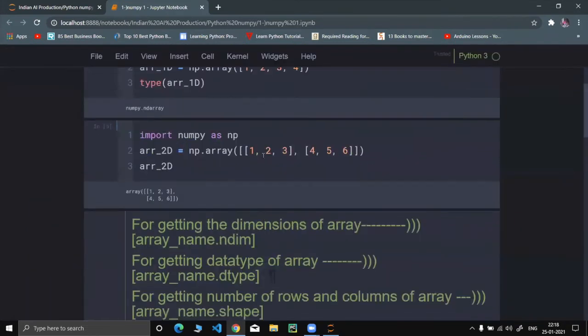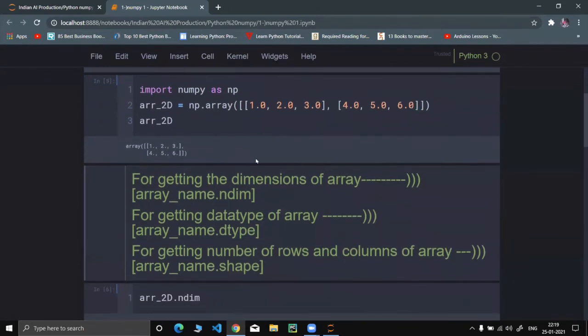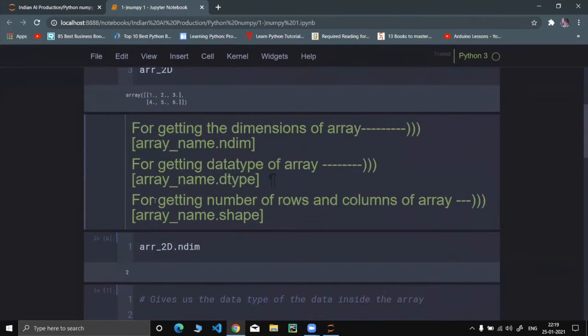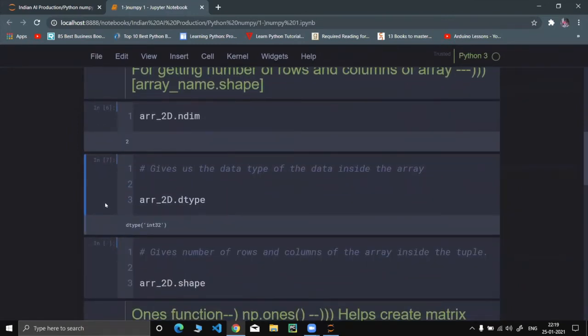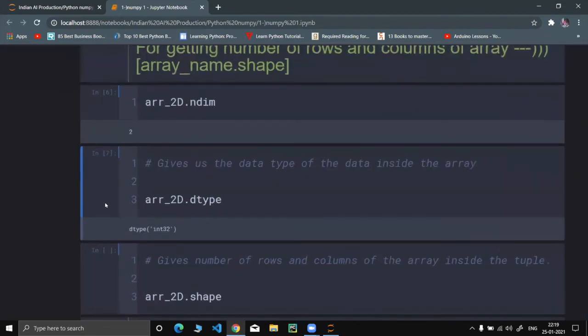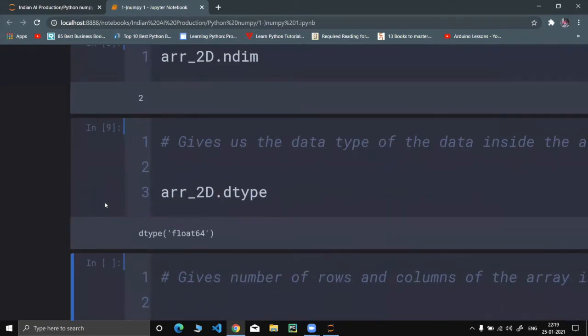What do you think will happen if I put 1.0, 2.0, 3.0 over here? What will the array name dot dtype print? Any guesses? Should be float. Exactly, float64.